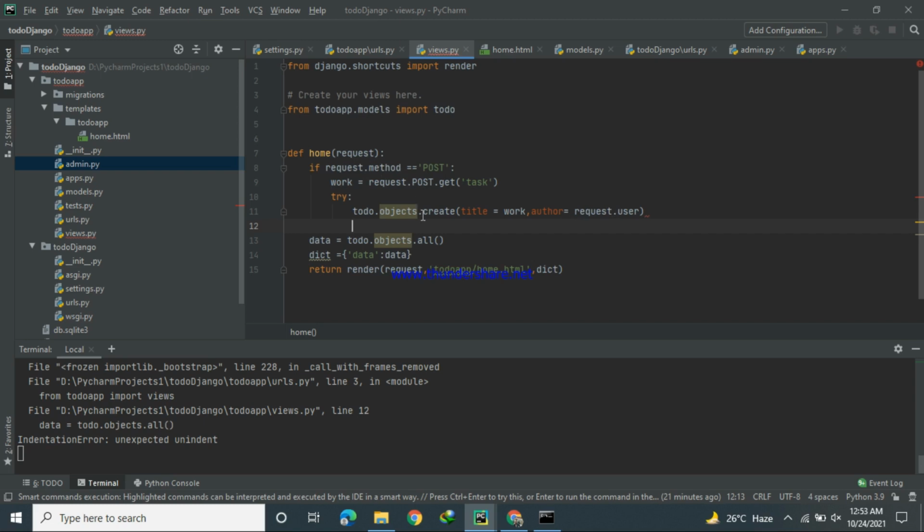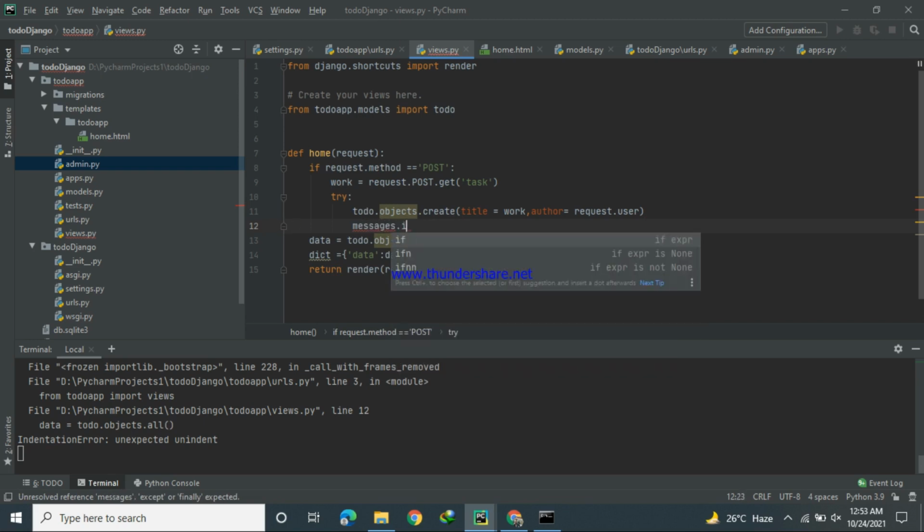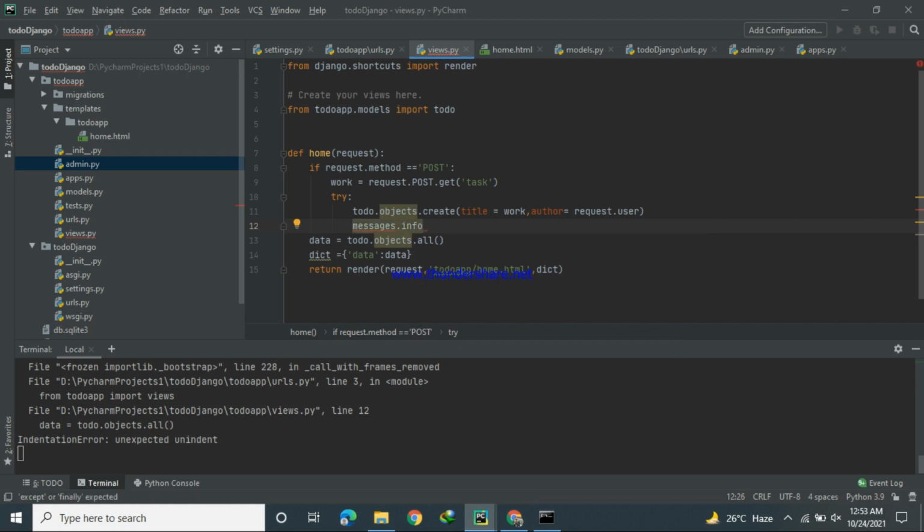And when it is created, for example, if this work is done, then I am saying that a message will be generated. messages.info(request, 'Todo is updated').